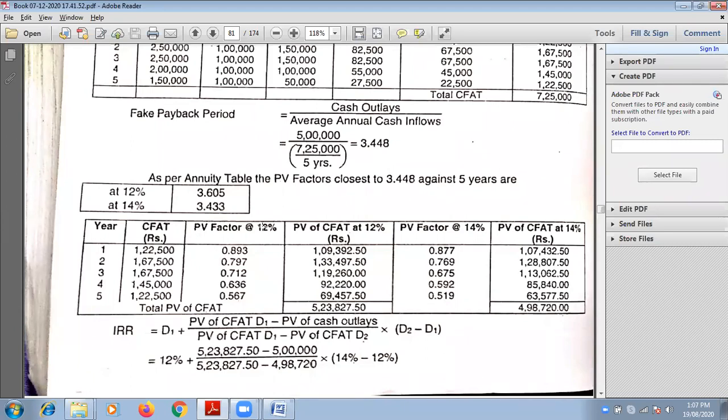Now, what would be the DCI first? Very good. Jayashree has written it. All the 5 years DCI altogether. It is 1,09,025, 1,34,000, 1,18,925, 92,800, and the last one is 69,825.